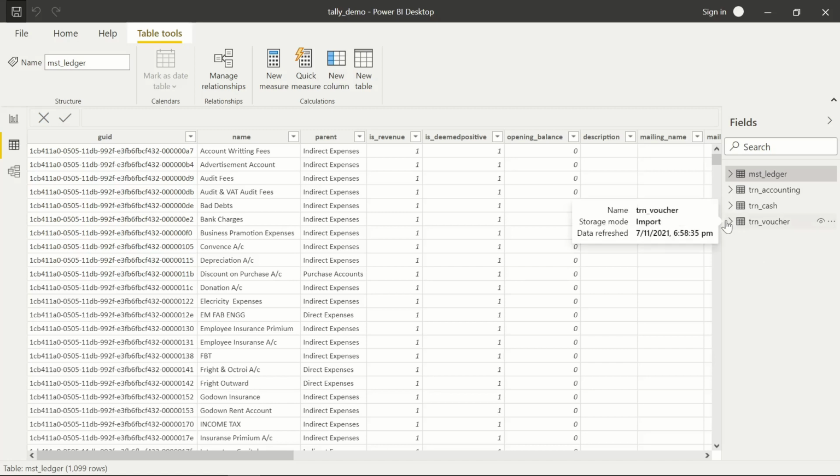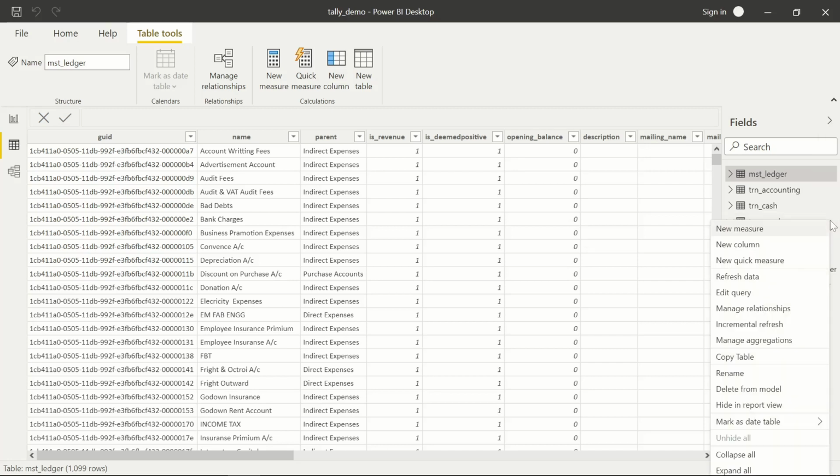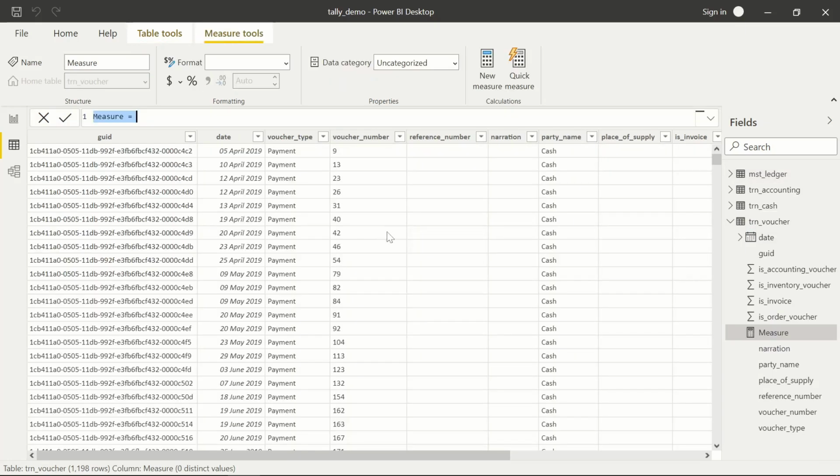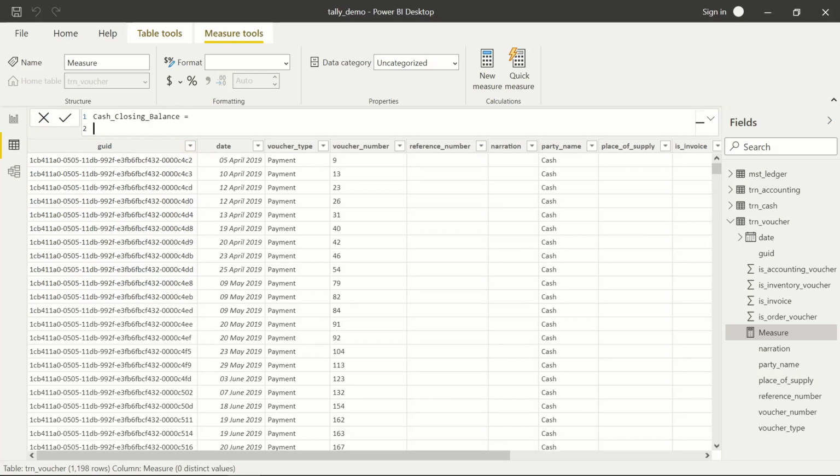So under TRN vouchers, let me create a measure. So I'll click create new measure. So let's name this measure cash closing balance. So is equal to, shift enter. So let us declare two variables. So first variable I will hold opening balance of cash as on 1st April 2019 because our data is split. So var